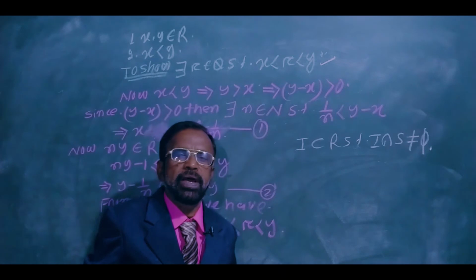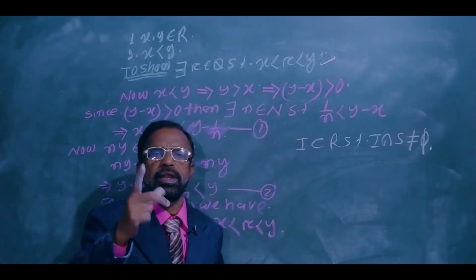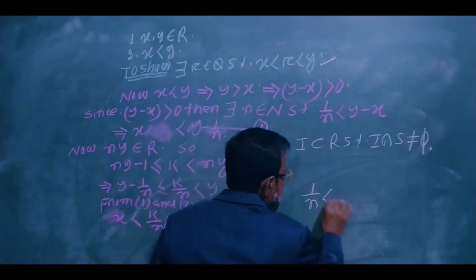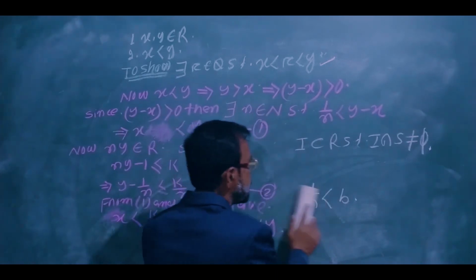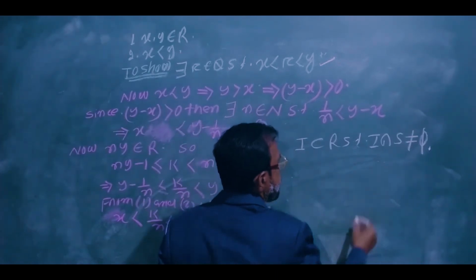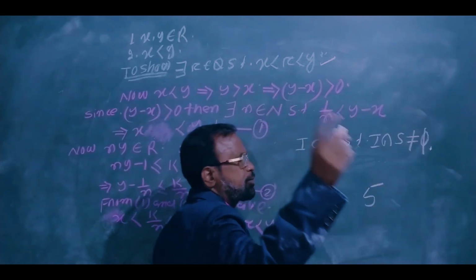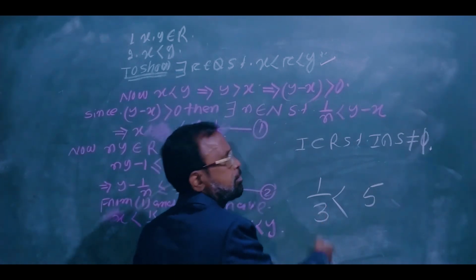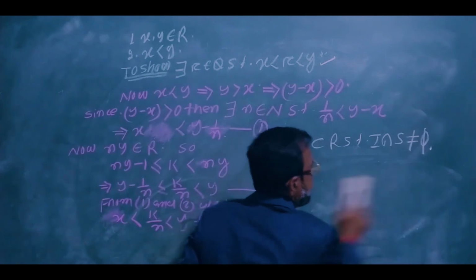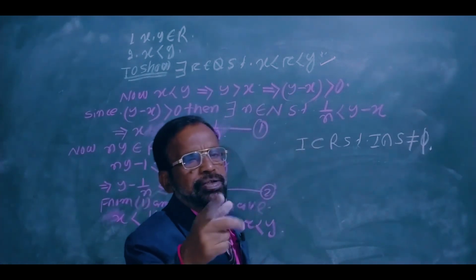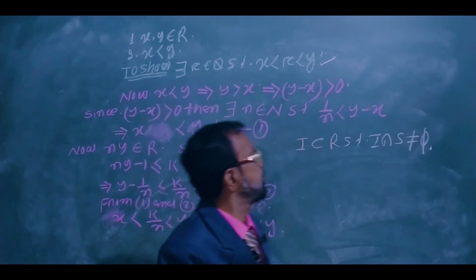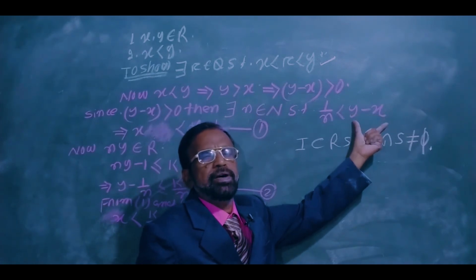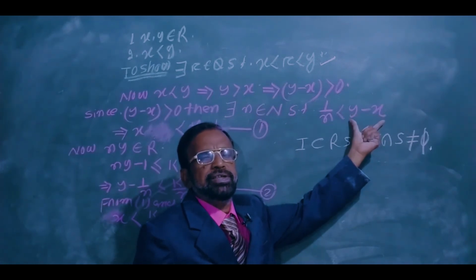We know from the theorem that if B is any positive real number, there must exist a natural number n such that 1 by n is less than B. Suppose you take B as 5. There must exist a natural number n such that 1 by n is less than 5. That means for every positive real number there must exist a natural number such that 1 by n is less than B. Since y minus x is positive, this is a positive real number. For this positive real number there must exist a natural number